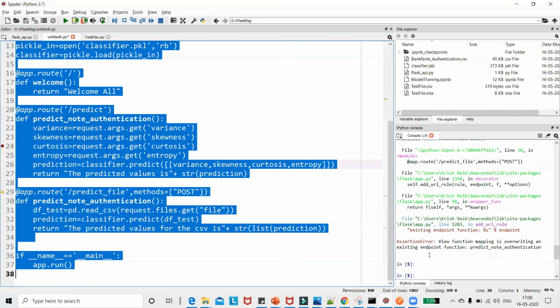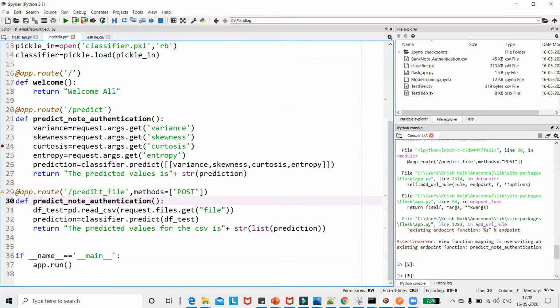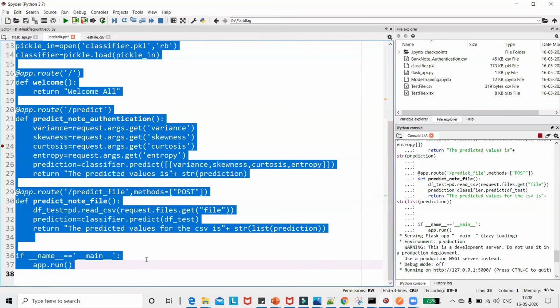Okay, there is an error saying that print. Sorry. So what I've done, guys, is I've used the same function name, which I usually make a mistake with. Instead of authentication, I will just say print note file. So I'm just going to change the function name over here. So let's run this and see now whether it is working fine or not. Perfect, it's working.